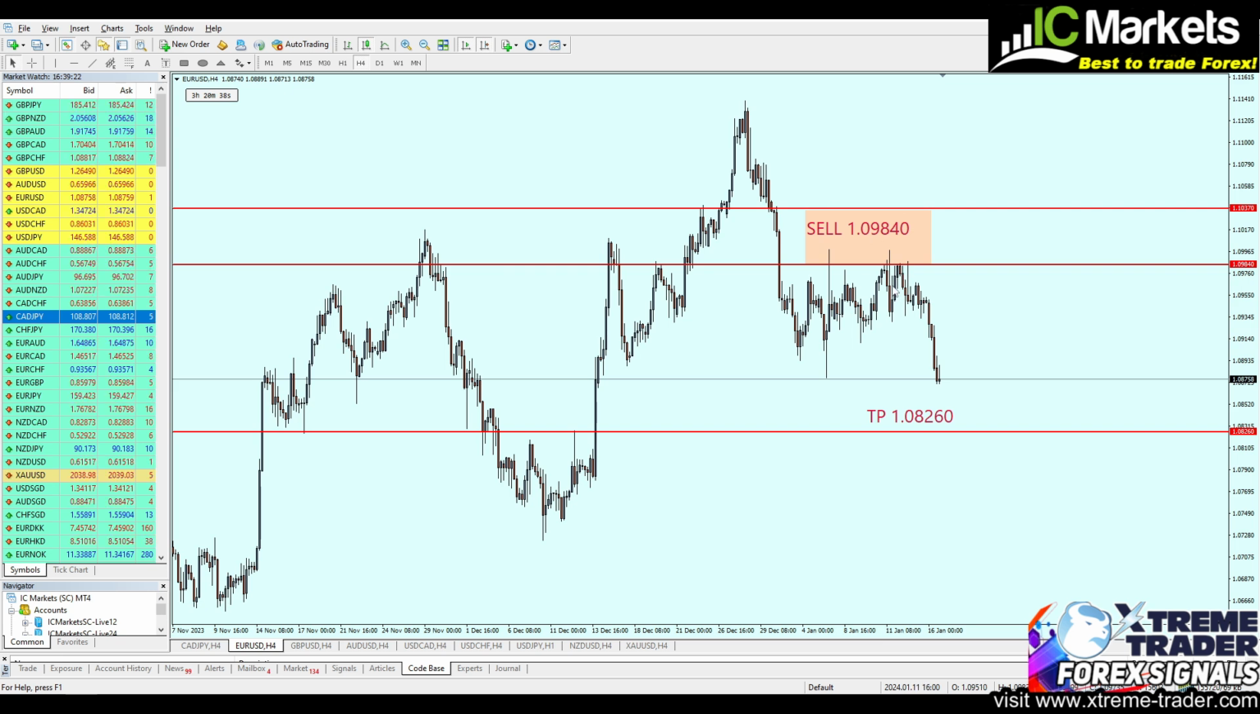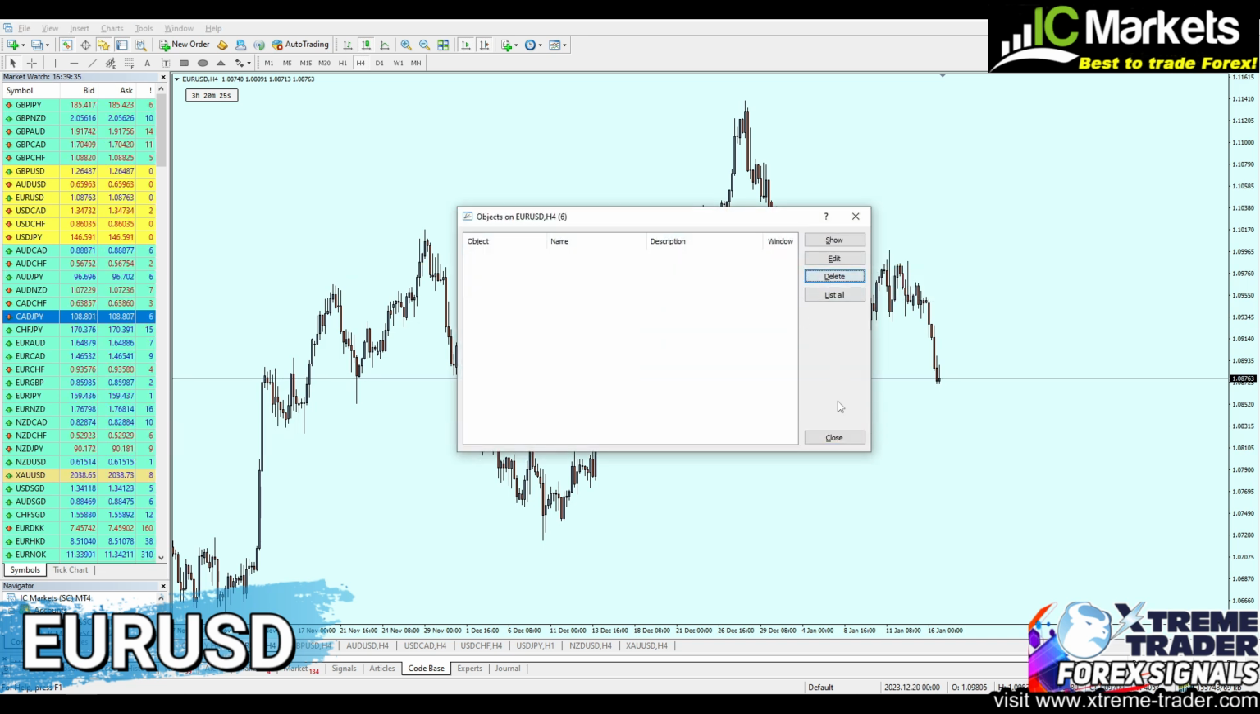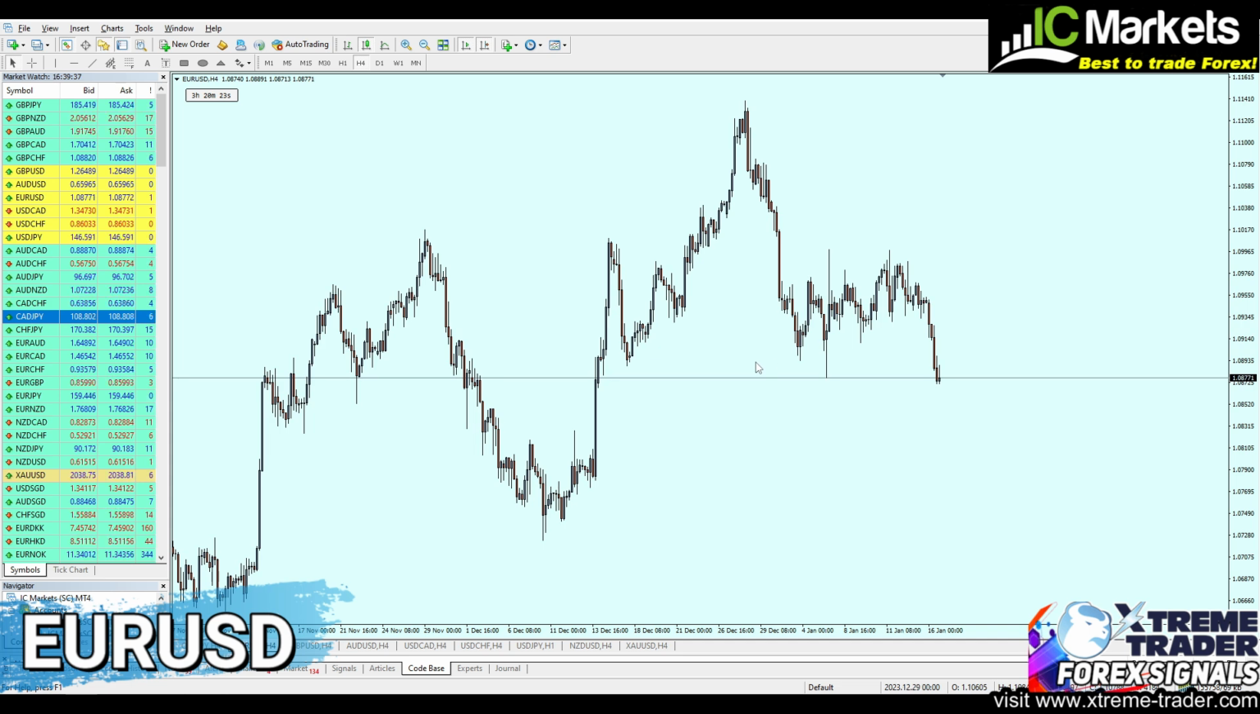Anyway guys, let's now see what we can do in the remaining days of this week, and let's begin with the Euro USD. Right now the Euro USD, as we can see, has indeed gone in our favor. It went in the right direction, but unfortunately this trade hasn't been activated. So what's next with this pair? First of all, let's delete the old signal,